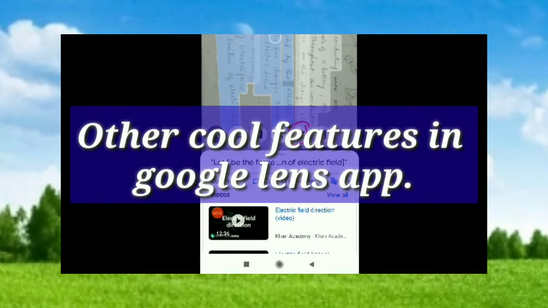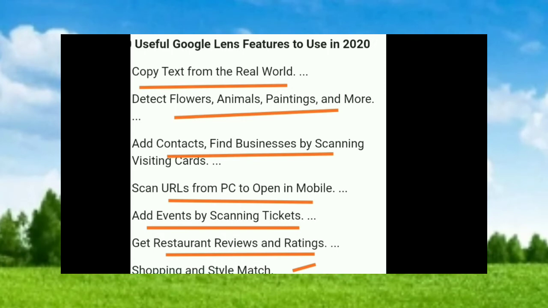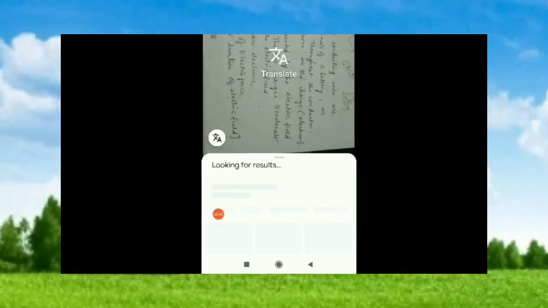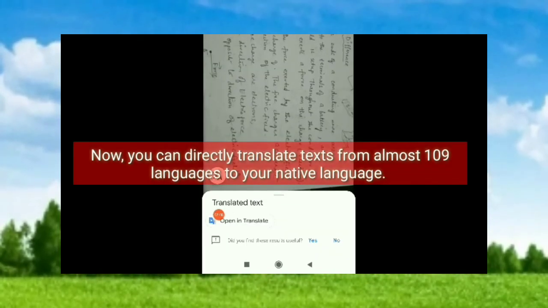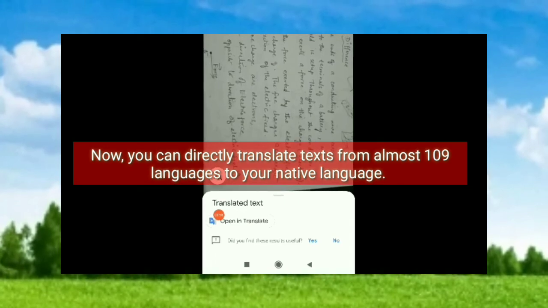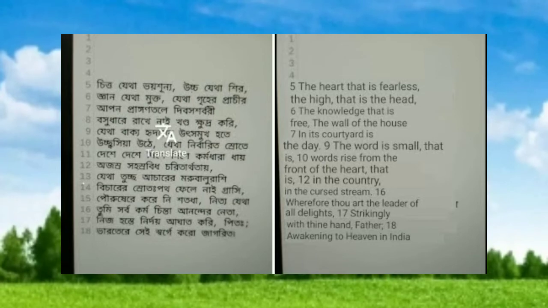See here, Google Lens can also do restaurant search and shopping. This is for shopping text here. Restaurant search also, and you can copy the text also. So you can do many more things and access them in Google Lens. You can translate the language, whichever language you have written in your text on your paper, that language can also be translated. You can also use the text for searching.